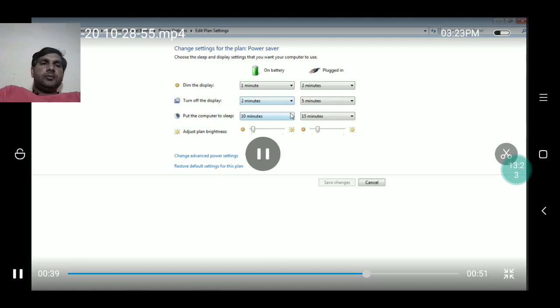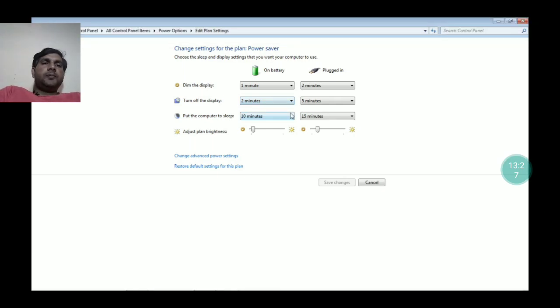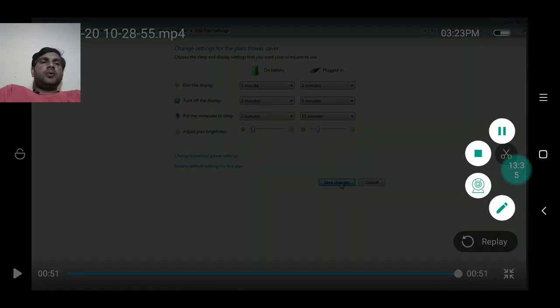And now click on put the computer to sleep. Here change it to 2 minutes. Now save changes. So this is the sleep mode. Here we can change it from the control panel.